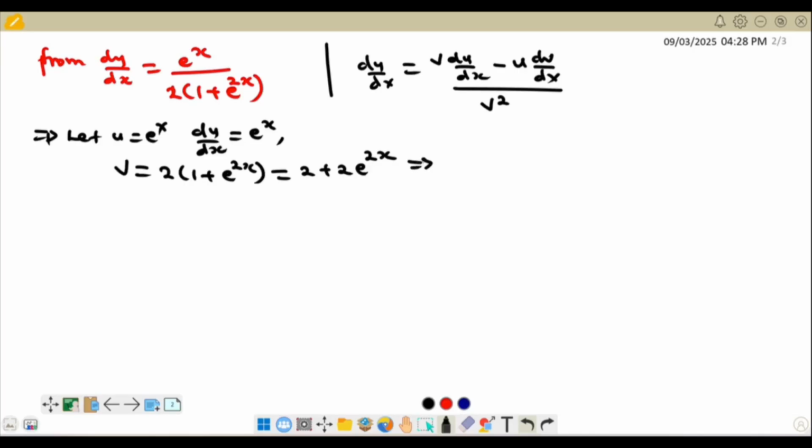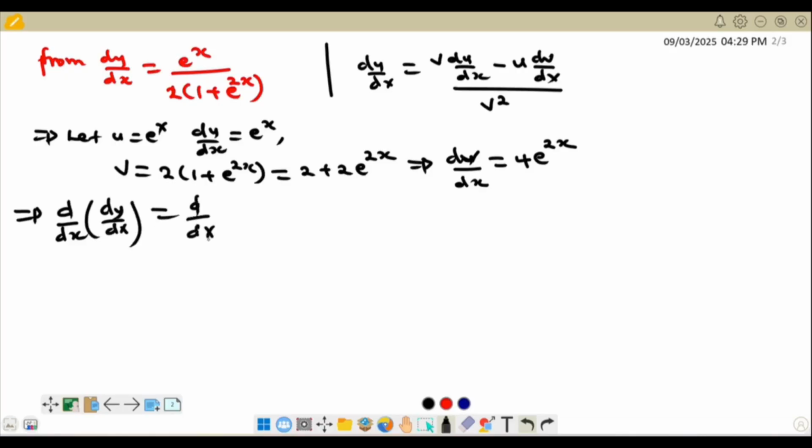And when you differentiate this with respect to x, you'll be able to get this as 4 e to the power of 2x. Now, this will imply that when we differentiate this expression with respect to x,